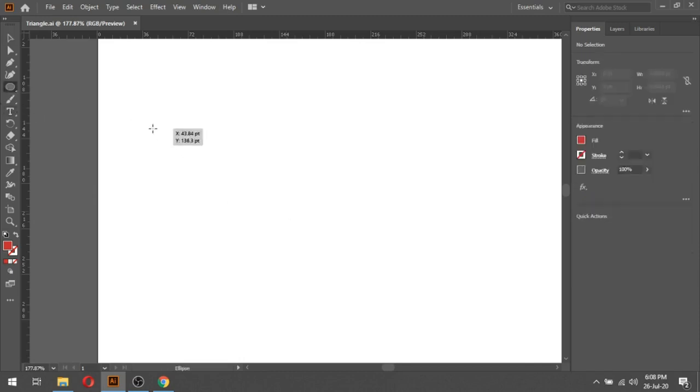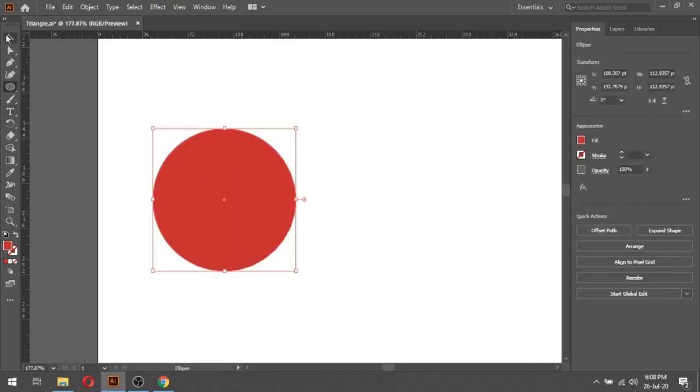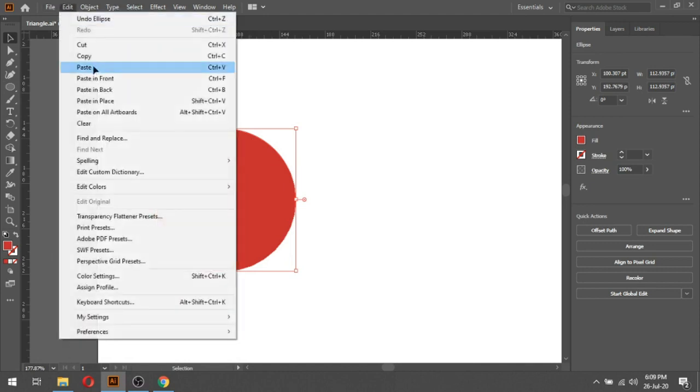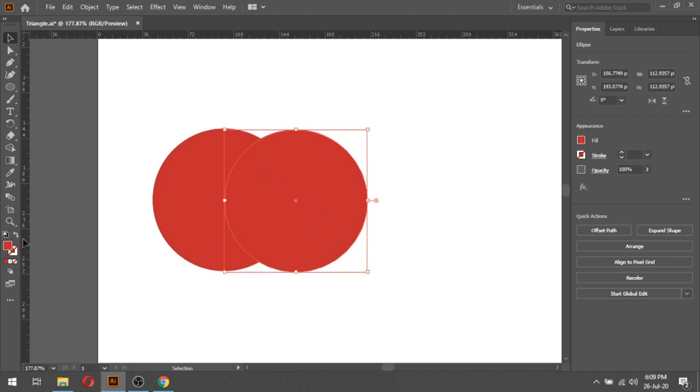Today we will make a very easy logo in Illustrator. Even a beginner can use these tricks. First create a circle, copy and paste on same place. Now we have two circles